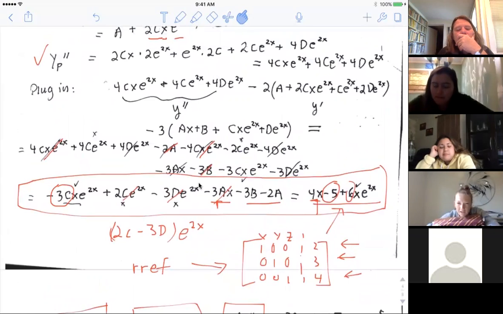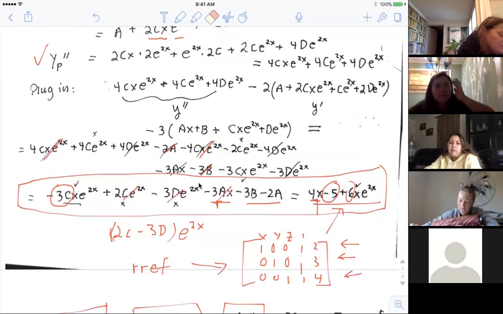I think I just need to go back and look over it because I'm not seeing some of the crossing out. I'm not getting where you cross. Okay. Well, as I'm crossing, that is kind of hard to see. But let me do something here. See, okay, so 4c e to the 2x.